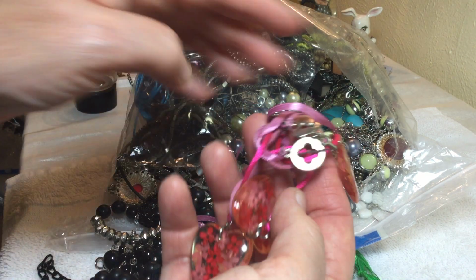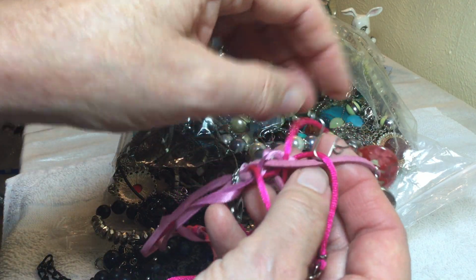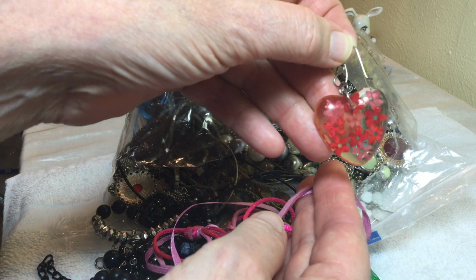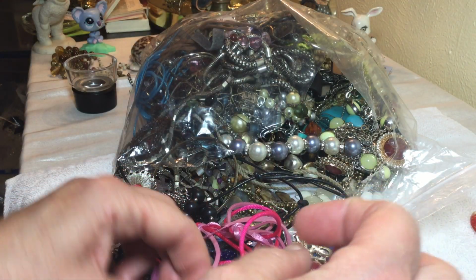So these, we've got some sets of something here. We've got the earrings. We've got the, and